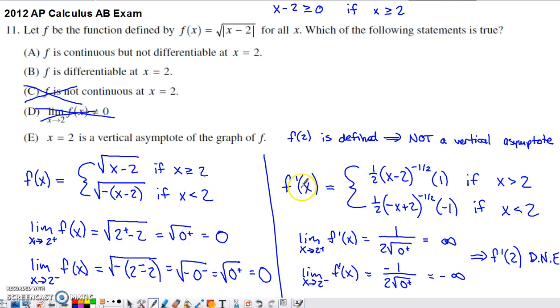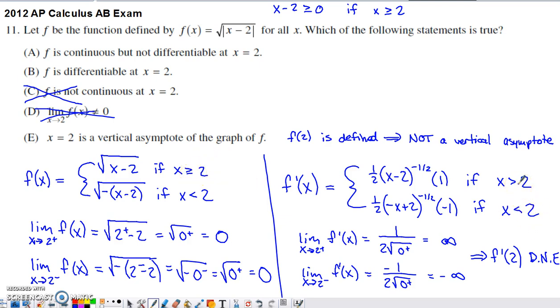So over here I have f prime of x, and I do have it in a piecewise form. So I did need to think about the root as a 1/2 power, so I multiplied by the 1/2 power, subtracted 1 from it, left the inner function there, finished off a little chain rule. That's only the derivative if x is greater than 2. I haven't included 2 on this